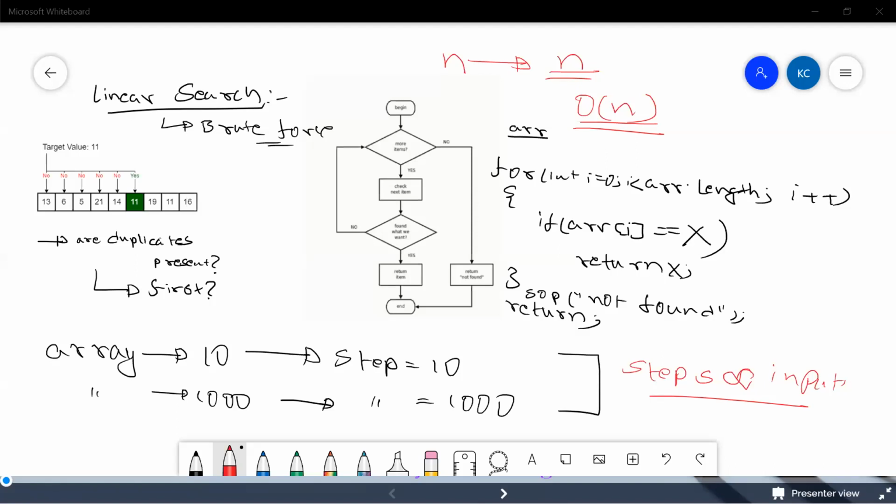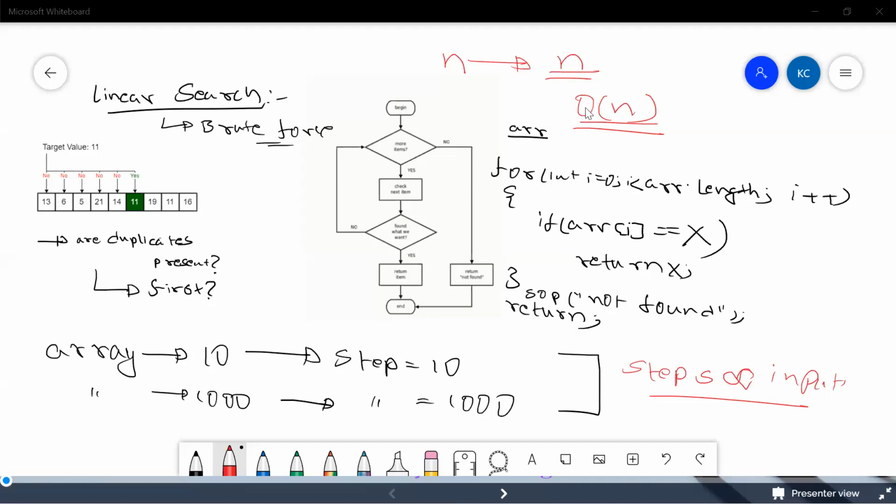So that is what I was telling. Let's say there is an input of 1000. There may be a chance that your first element is the element that you are searching for, which means it may become order of 1, but that is not what you intend. In the worst case scenario, you have to do all these 1000 steps. So that's why we denote that with order of n time complexity.